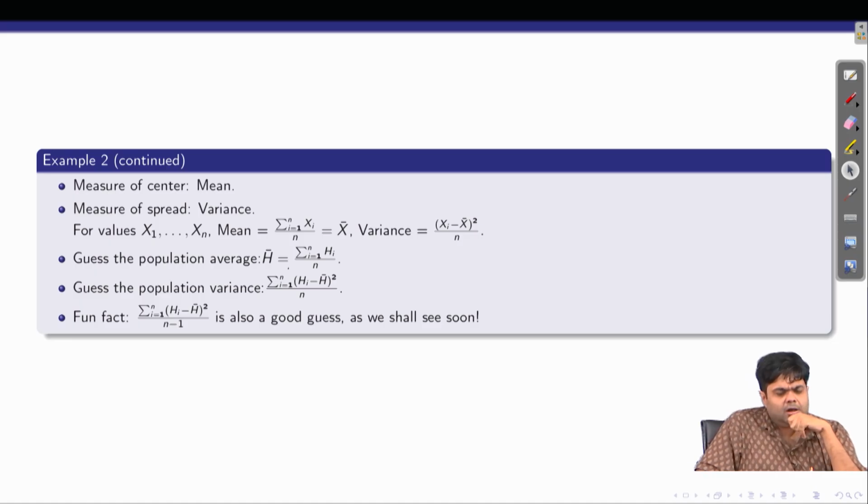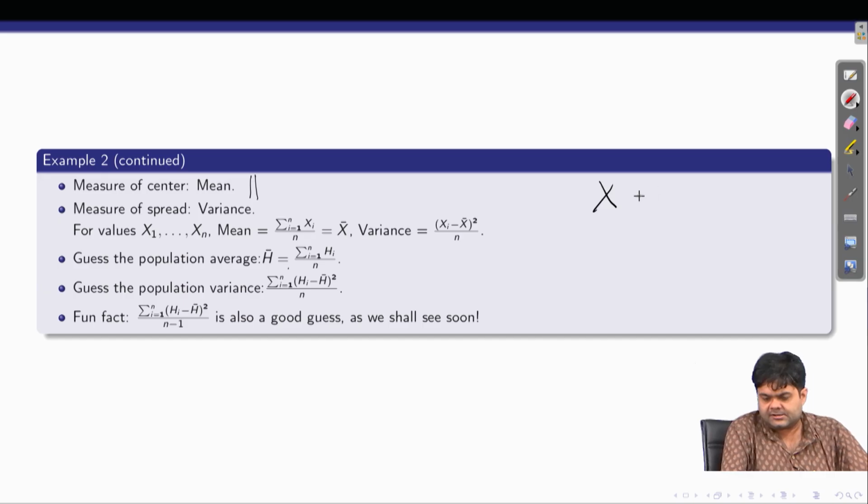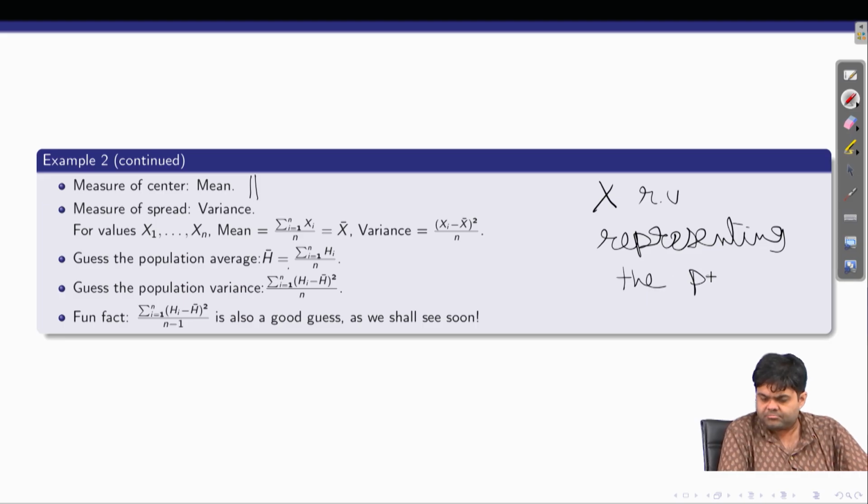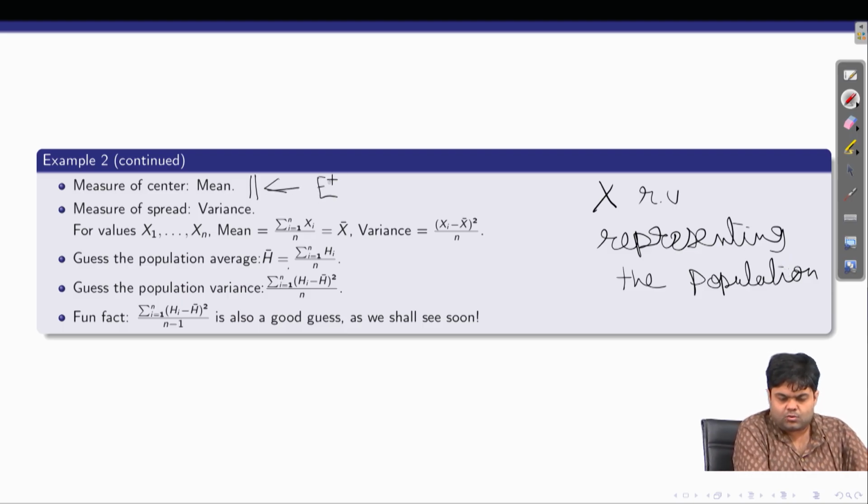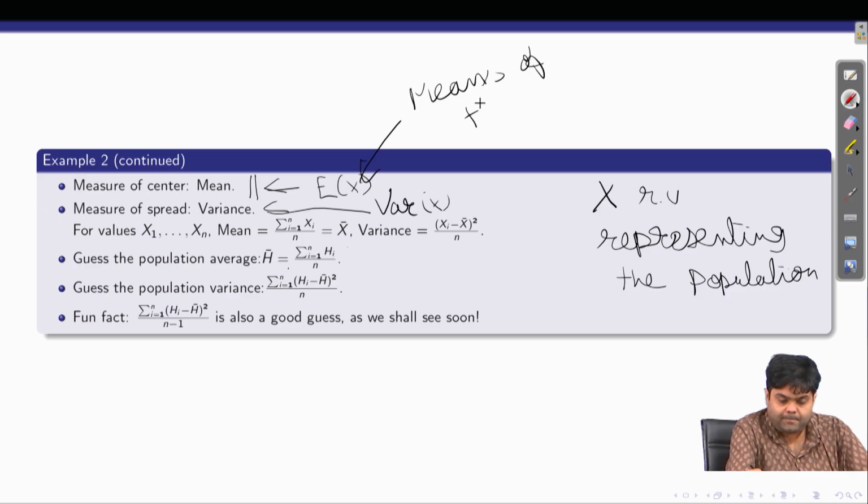So, secondly, generally speaking, when we are talking about center, tacitly in most problems we will talk about the mean, or the expected value of the population. So, if X is a random variable representing the population, this mean will just mean the expected value of X, and this will just be the variance of X. These are the means of the population,